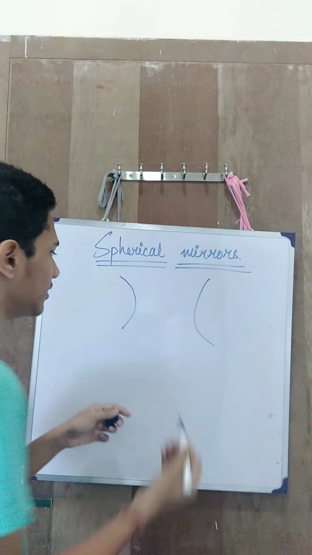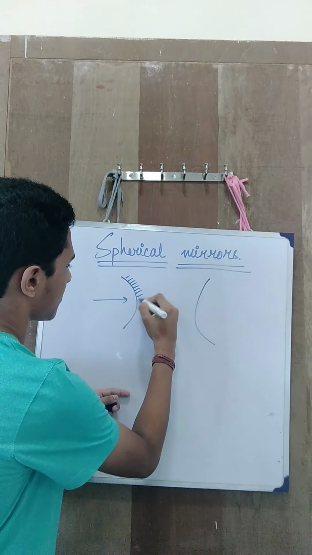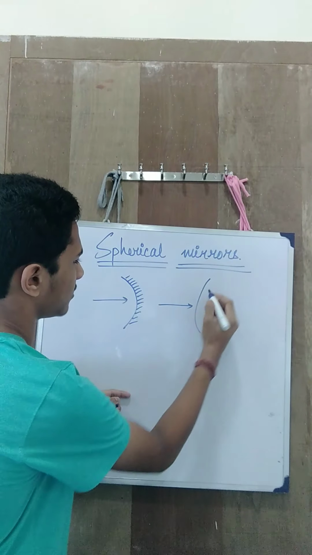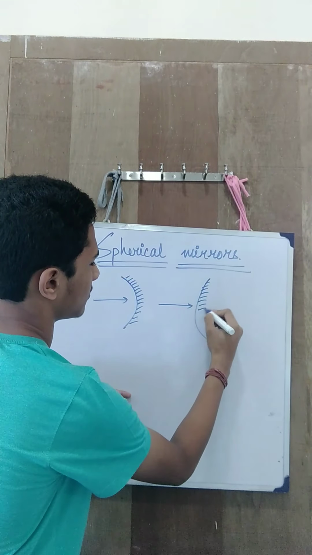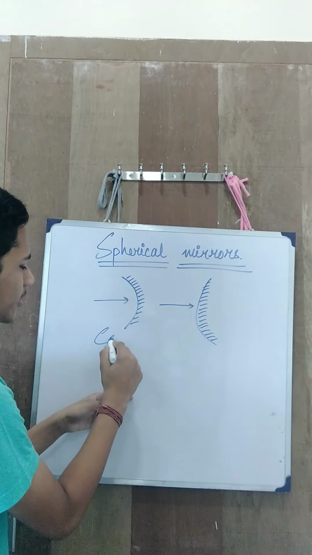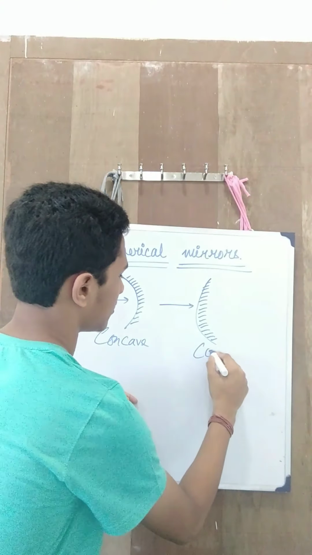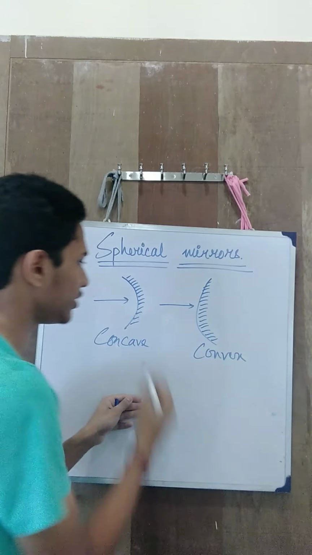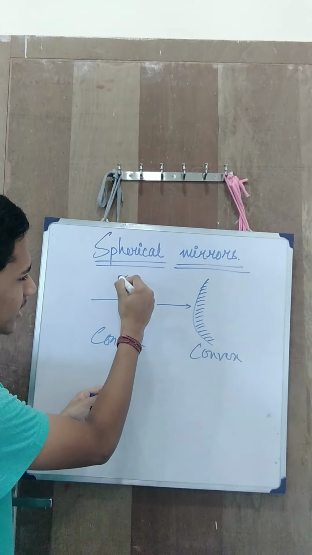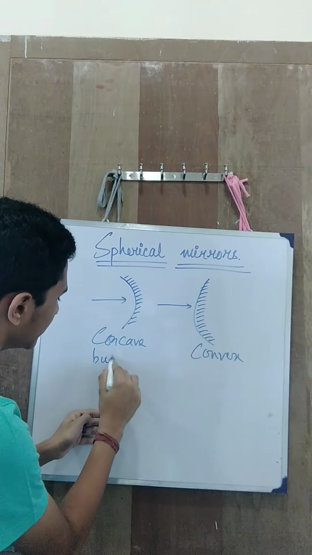You see, this is the reflecting surface. This one. And here, this one. So this is a mirror which we know as a concave mirror, and this one is known as a convex mirror. You see a cave, it's starting from here and it's going in, so it's bulging inwards.